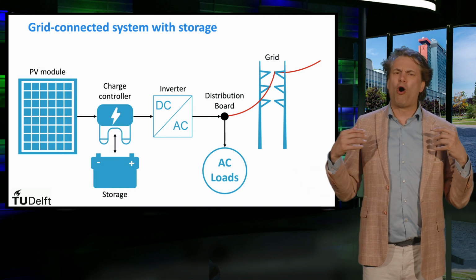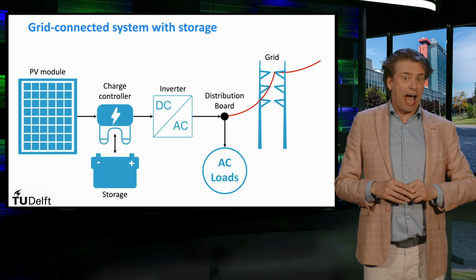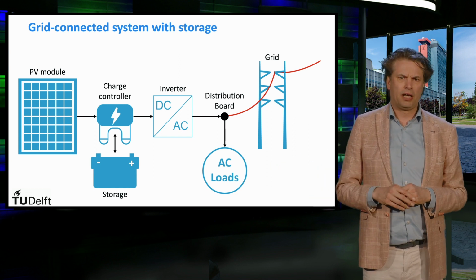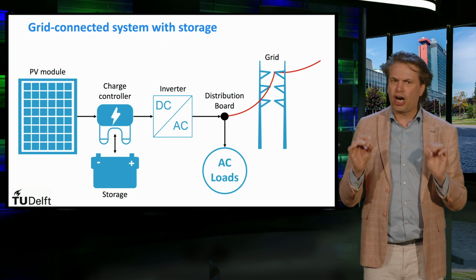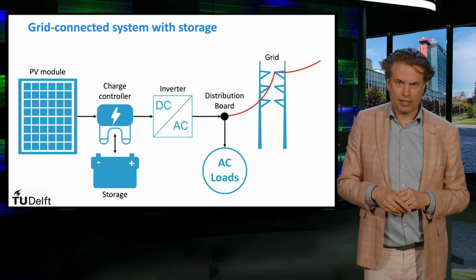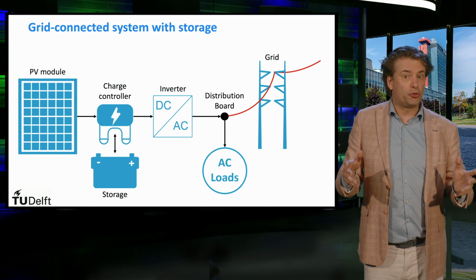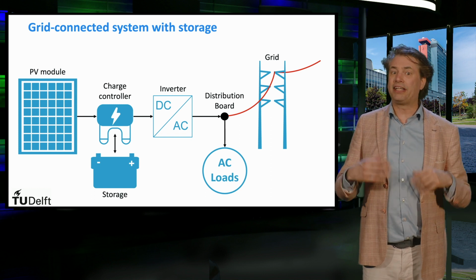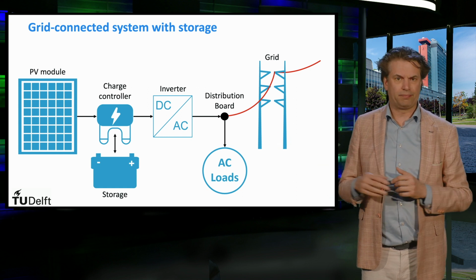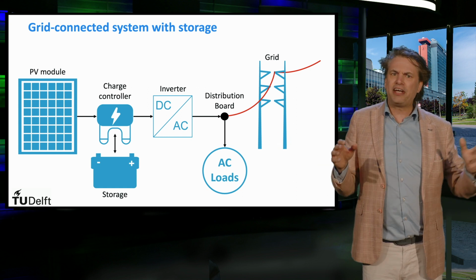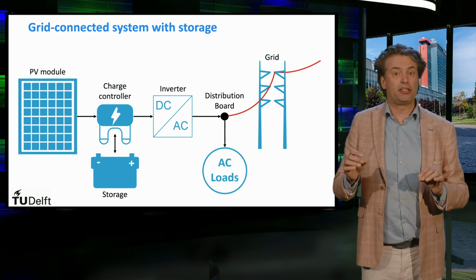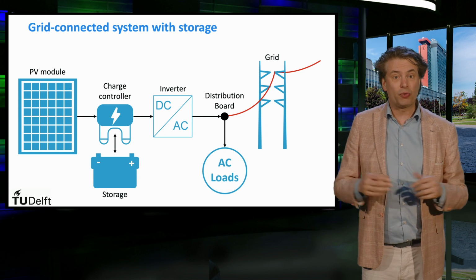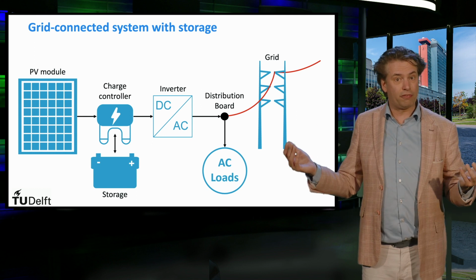Nowadays, however, more and more residential systems have the possibility to store energy, for example, in batteries. As a consequence, also the charge controller is required. This layout is very similar to that of a standalone system, but it has higher reliability thanks to the connection with the grid. Moreover, batteries can be programmed to store electricity from the grid during the night when the price is lower and then use it when the PV generation is insufficient.